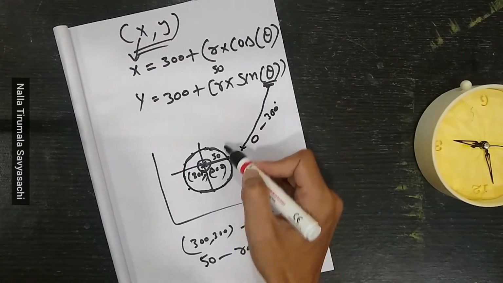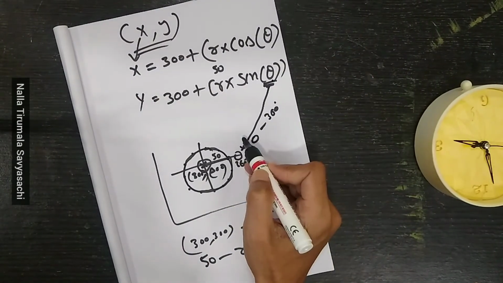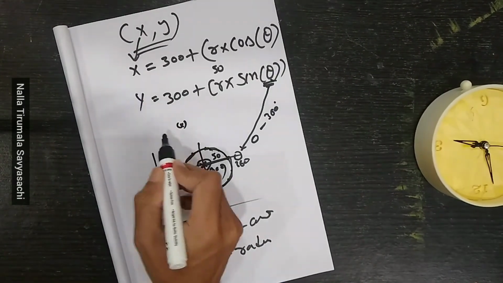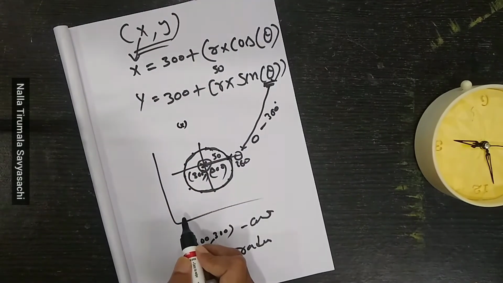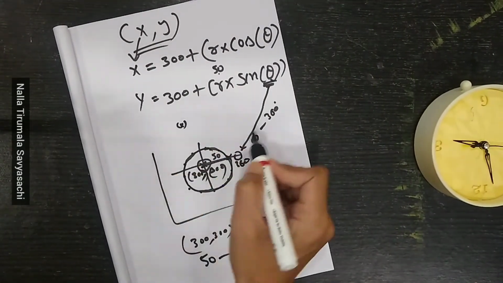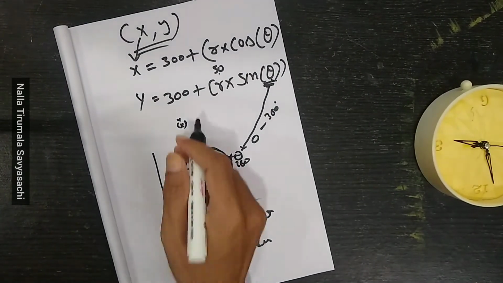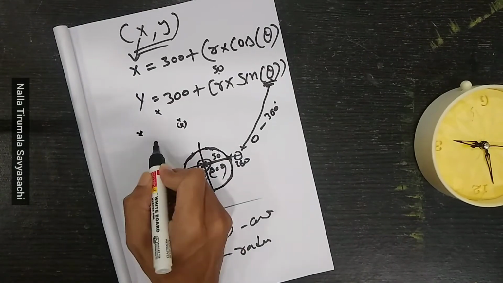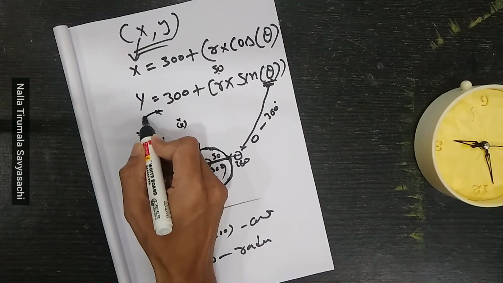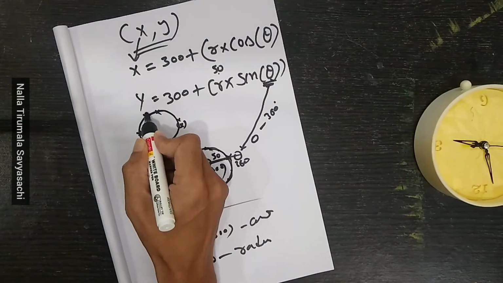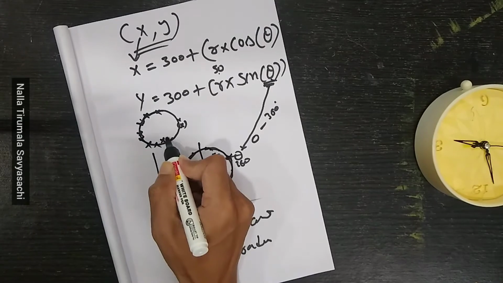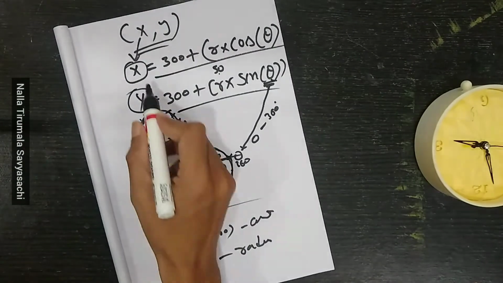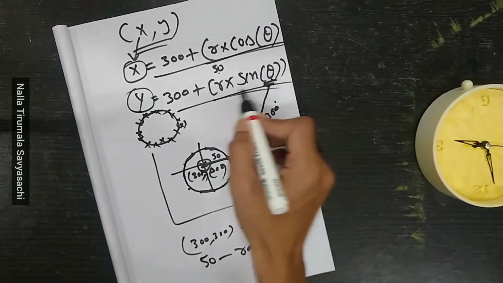If we keep calculating from 0 to 360 degrees, first if we pass 0 here, we get the x and y coordinates of this point for radius 50. If I pass 1 here, I will get the next point. If I pass 90 here, I will get this. If I pass 180 here, I will get this. If I pass 270, we will get each and every point of the circle by using these xy equations. x equals r cos theta, y equals r sin theta.